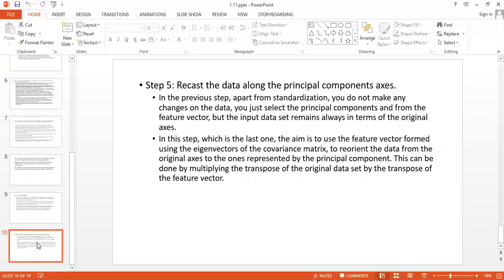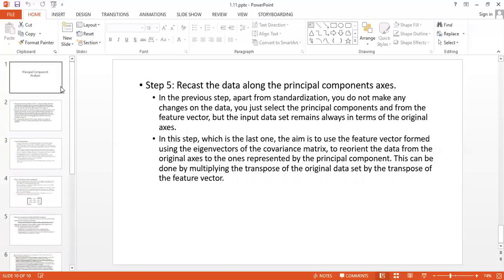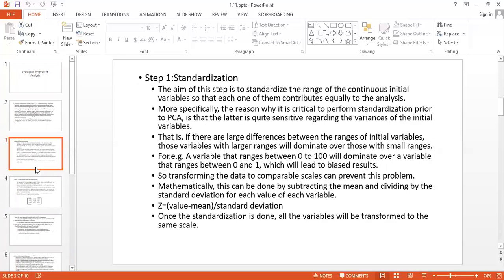So basically there are 5 steps in principal component analysis. We will revise them one by one once again. The first step is standardization, where we take the mean of all the data provided in the example. Suppose we have 2 dimensions, x and y; then we take the mean of all x and the mean of all y, and subtract the mean values from the original values to generate the new values in the standardization step.